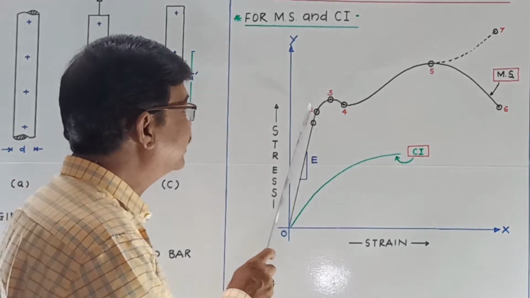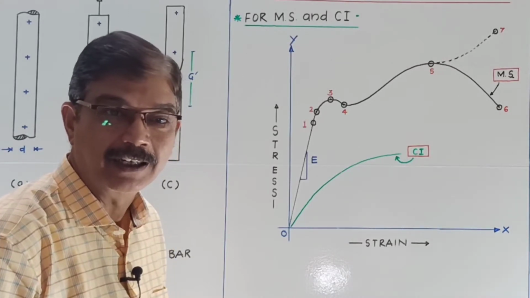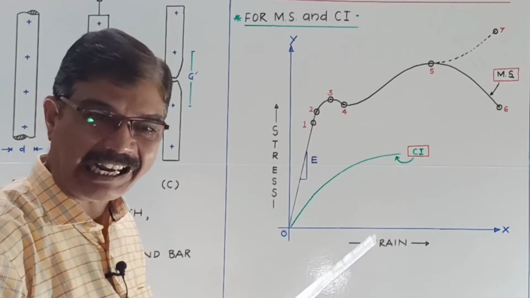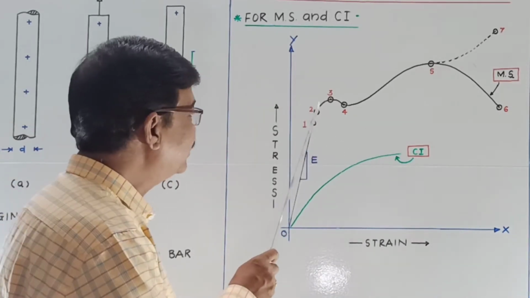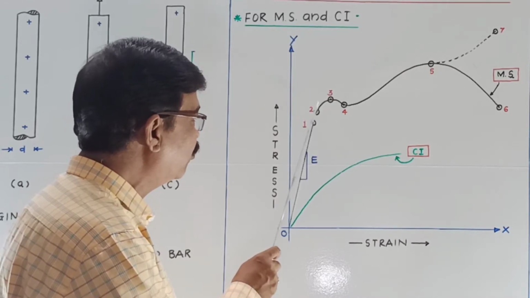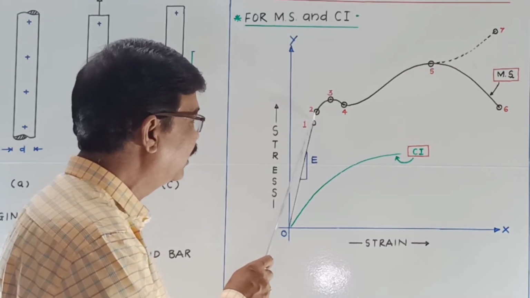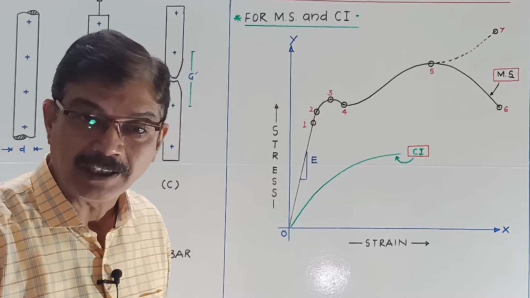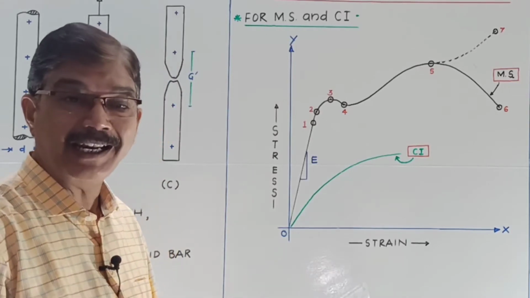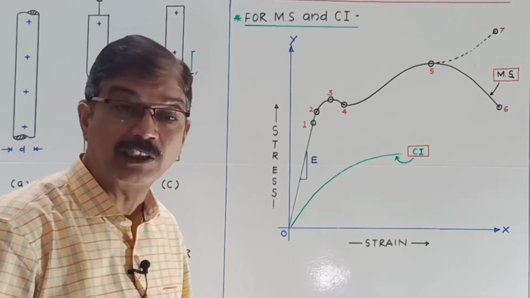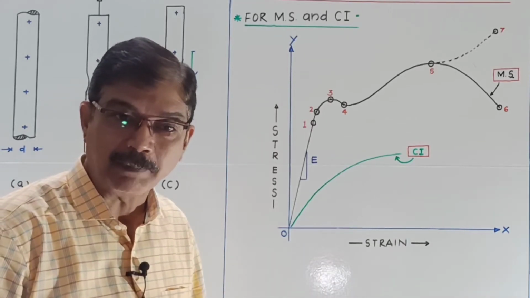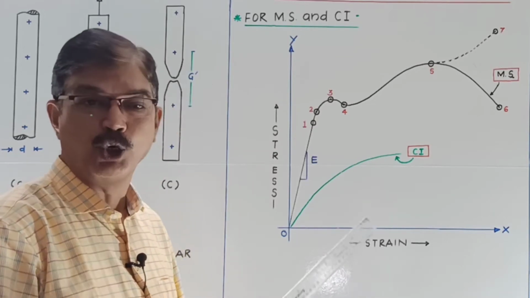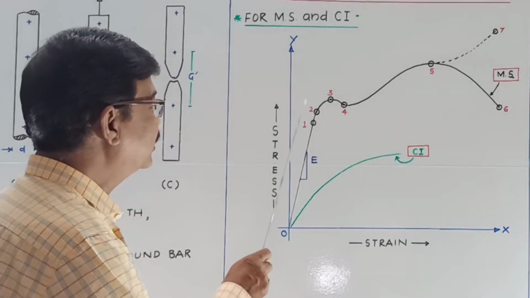Very close to it is the second point, that is elastic limit. Theoretically speaking, we show it. Practically speaking, we very rarely get this point. Now, what is the speciality of this point? After point number 1, this straight line relationship is a bit disturbed, but up to point number 2, that is elastic limit, the material of the specimen behaves as a perfectly elastic material. That means if you remove the load, it will bounce back, come back to its original shape and size. So this is elastic limit.